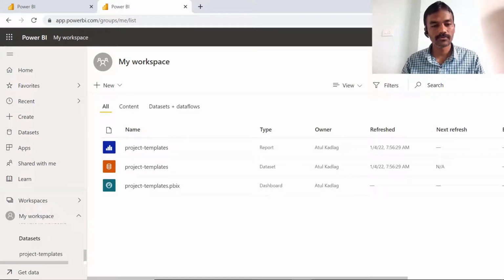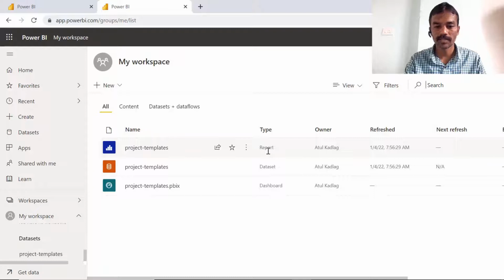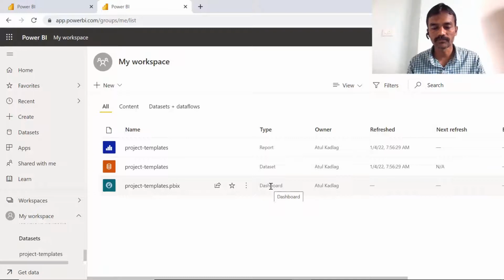In the previous video, we imported our Power BI Desktop application to Power BI Pro, and now we are going to see what datasets are. This report is created from a dataset available in Power BI Desktop, and this is the dashboard, which is a complete application created in Power BI Desktop. So we have imported all these things, and now in this video we are going to see